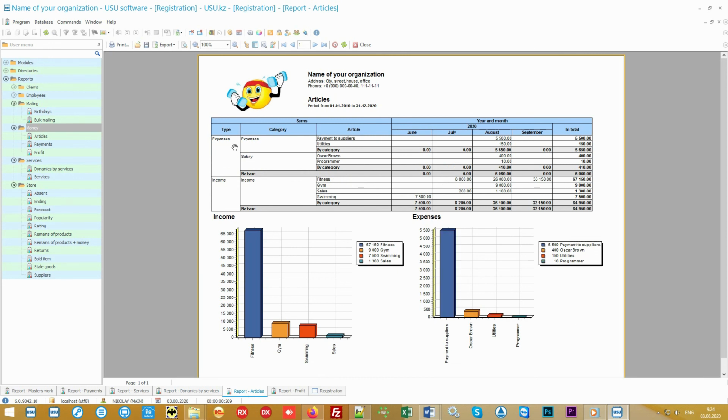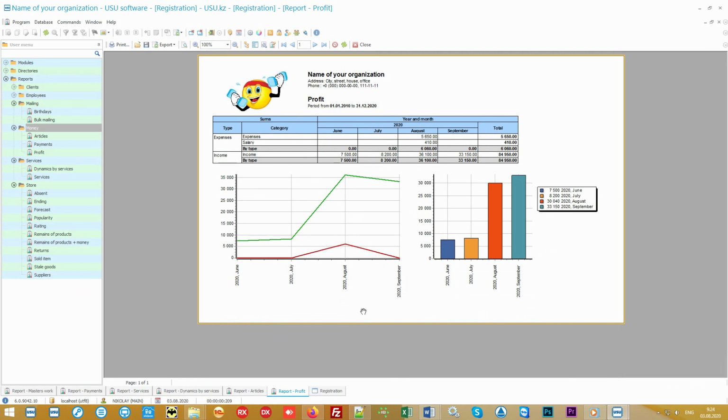It will be possible to see the total amount for each cost item, and even in the context of each month of work, so that it's easy to track the dynamics. Please note that each report is accompanied by various graphs and charts. This is for greater clarity. Sometimes it's enough just to take a quick look at the desired report in order to accurately understand the situation